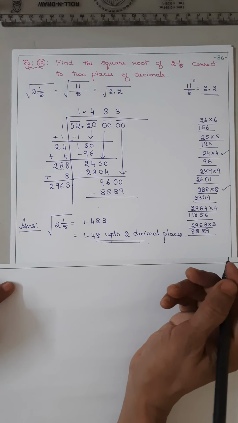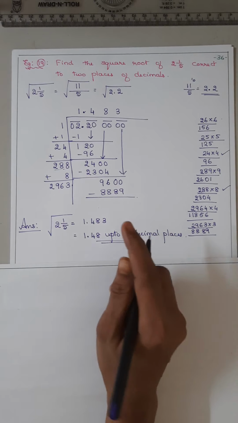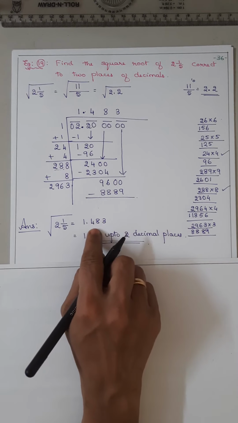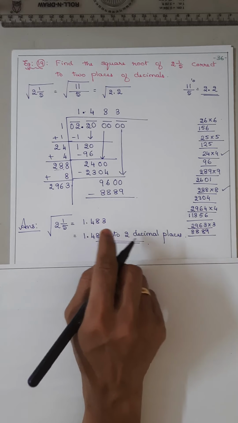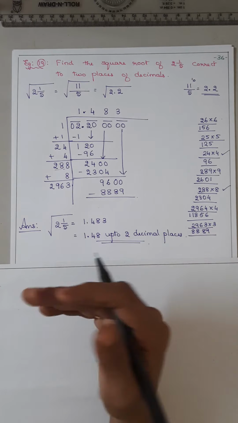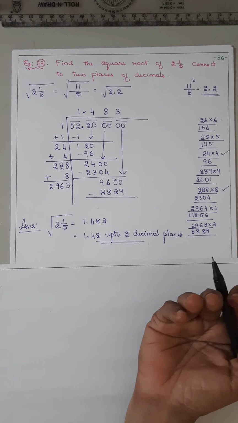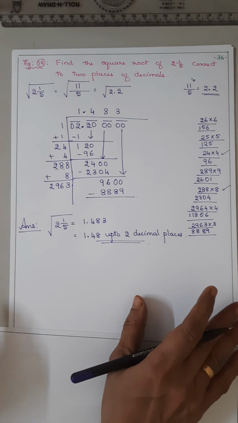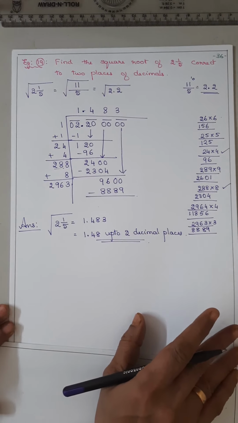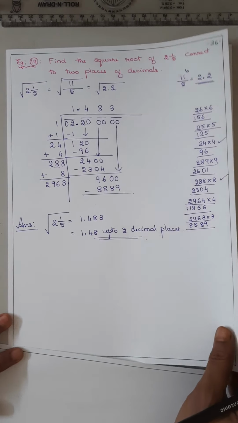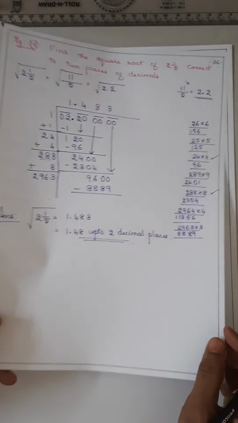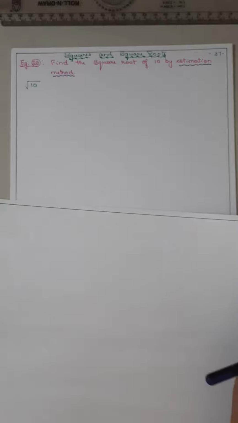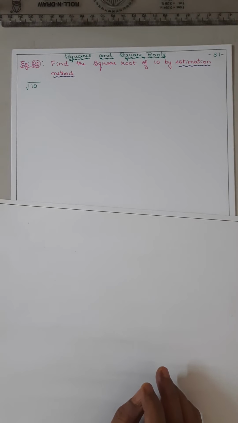Hope everyone understood. So sometimes you will get a bigger number, you know. If it is 5 or more than 5, then it will become 1.49. So that is why we have to take one step ahead. So we have completed the example 19, and these two are not perfect squares, isn't it? In decimals we have found the answer. Now coming to the example 20, it is estimation method.